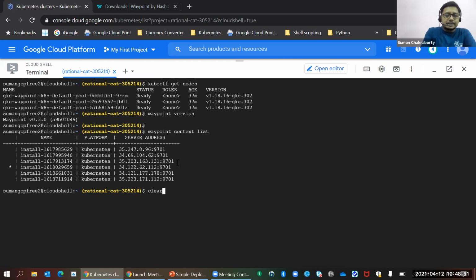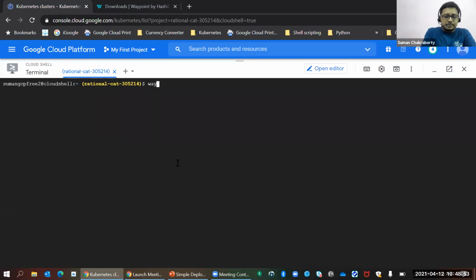For that, I just need to install the Waypoint server. So, waypoint install, and I'll choose the platform as Kubernetes. Then I have to accept the terms of service, which allows creating a self-signed encrypted Waypoint URL that can help route the traffic within the cluster. So that is just giving the permission to use it.